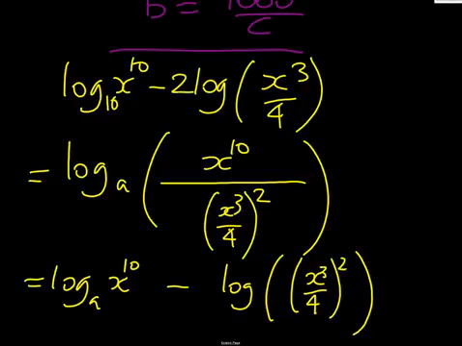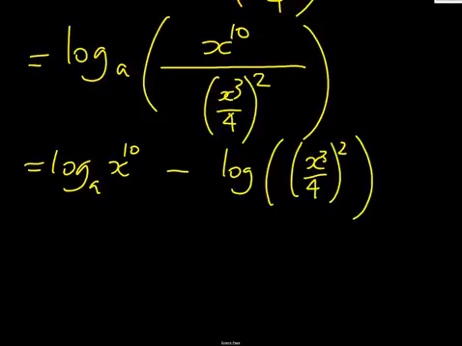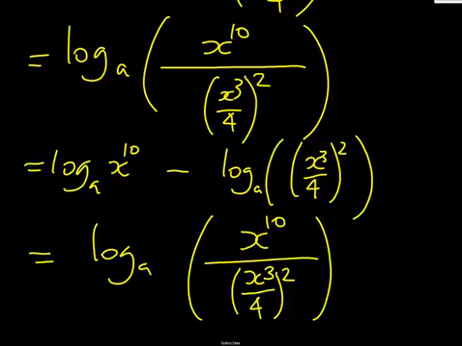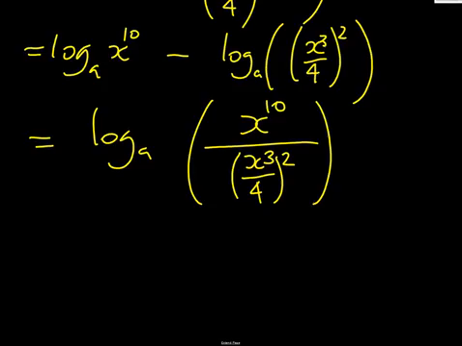Are you okay with that? We just did the power inside, and so we did it in 2 steps. Now we're going to combine the 2, put them back inside. So there's our x to the 10 on the top. There's our x cubed over 4 all squared, which we know we can quite simply